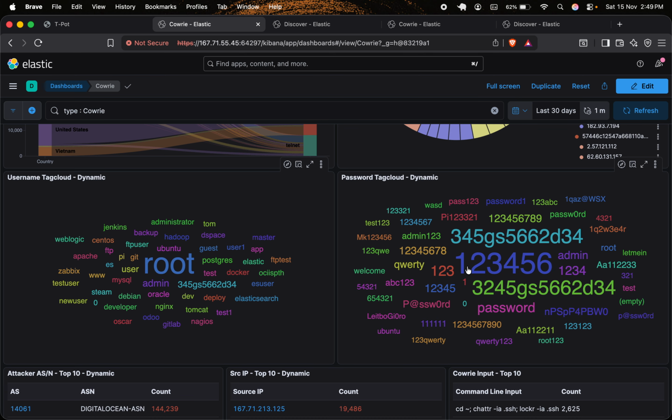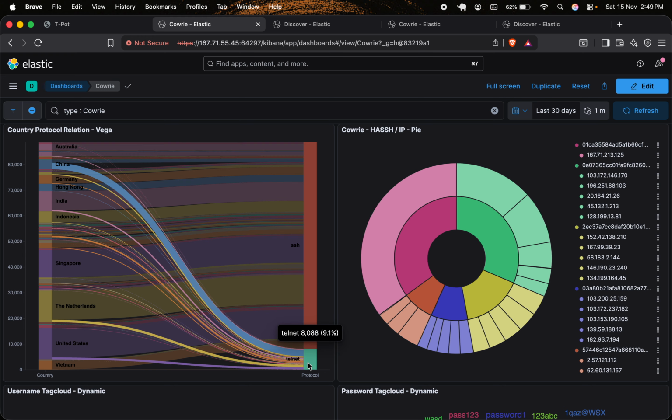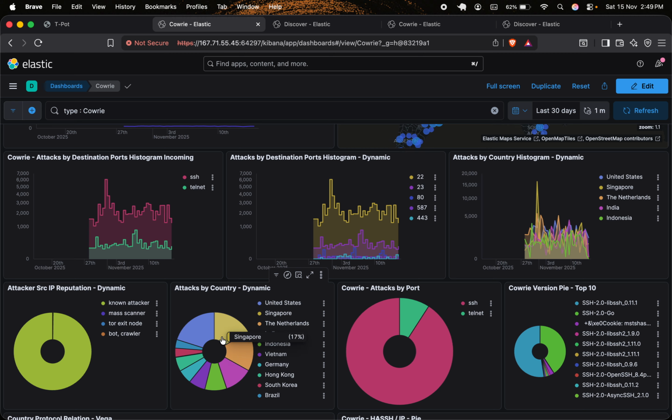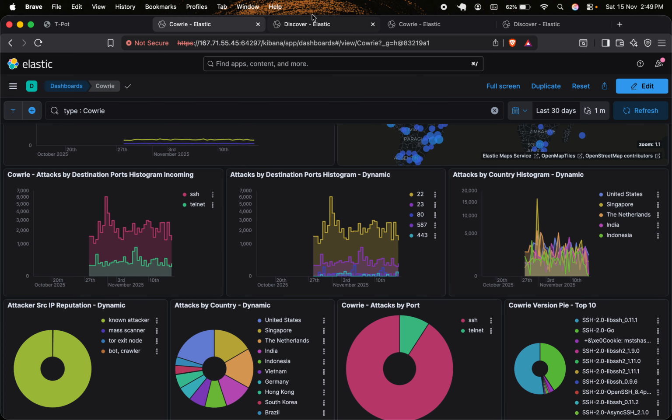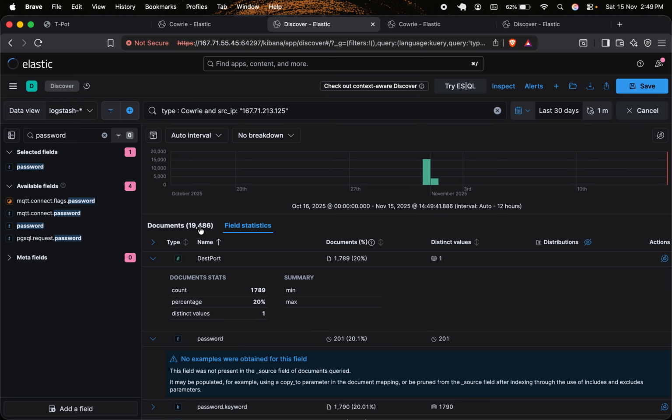And these are some of the usernames and passwords. About 91% are SSH attacks, and only 9% are telnet. And these are some of the ports they try. These are the countries, and these are the different clients and the board details, which show how the attacker scans the network and then tries to connect with our system. So yeah, this is all about the Cowrie container, and this is some of the deep analysis if you want to see